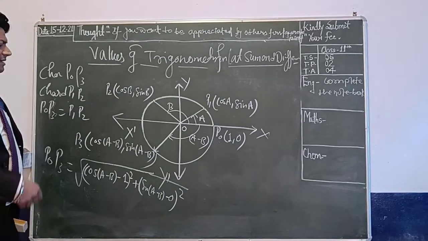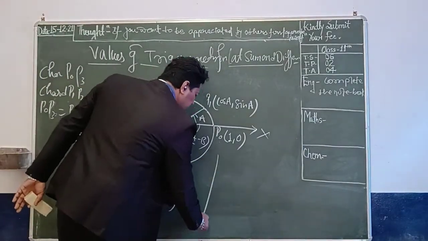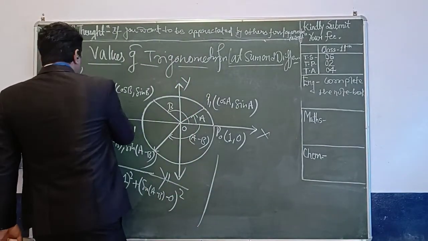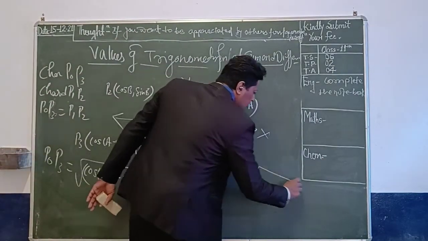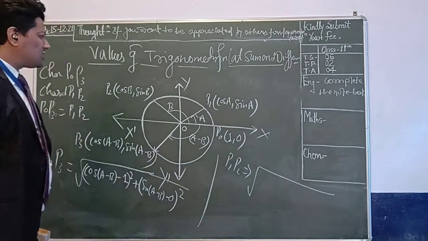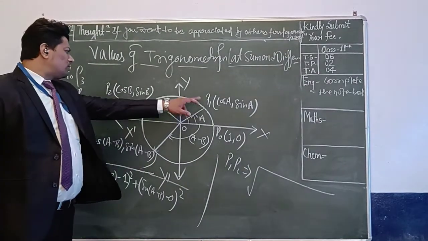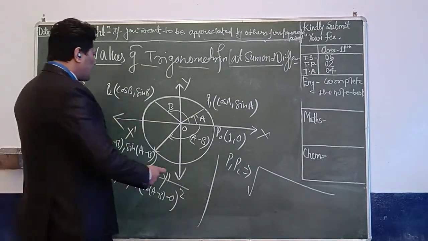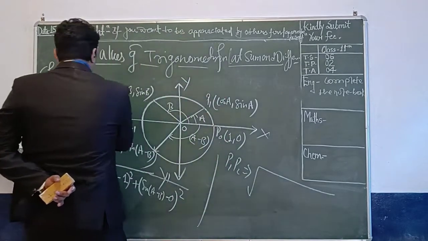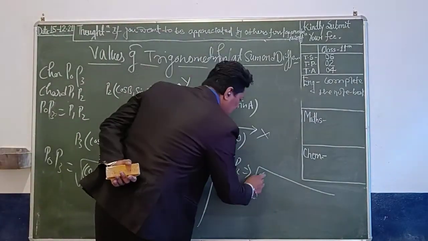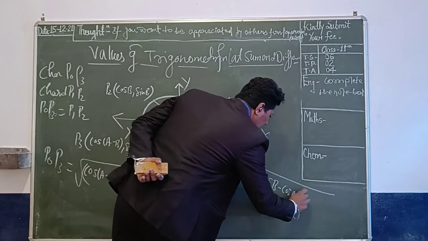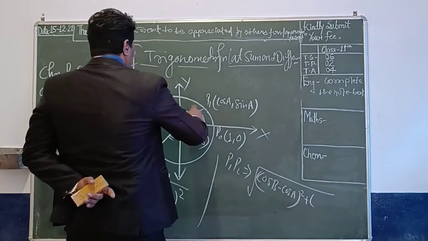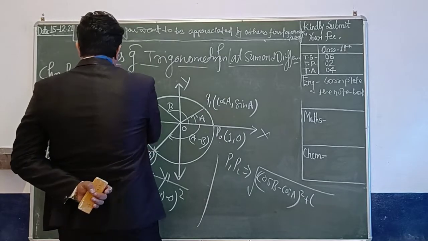Is it clear? In the same manner, if you can talk about P1 P2, you can apply the distance formula for P1 P2, where this one is P1 and this one is P2. What you are getting is that P1 P2 is cos b minus cos a whole square plus